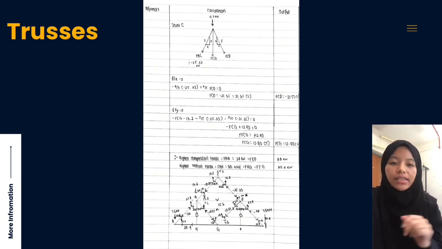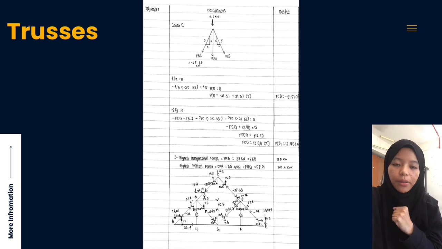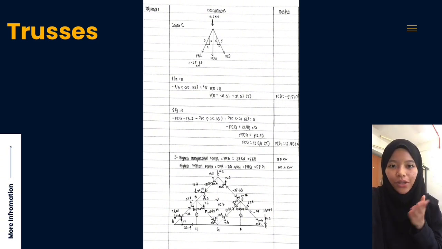So first, Fx equals 0, that gives us negative 4 over 5 multiplied by negative 25.33 plus 4 over 5 FCD equal negative 21.57 kN. And for Fy equals 0, we will have negative FCG minus 15.2 minus 2 over 5 multiplied by negative 25.33 minus 3 over 5 multiplied by negative 21.57 equals 0. At the left, we will have negative FCG equal negative 12.90. So we cut the negative and we will get